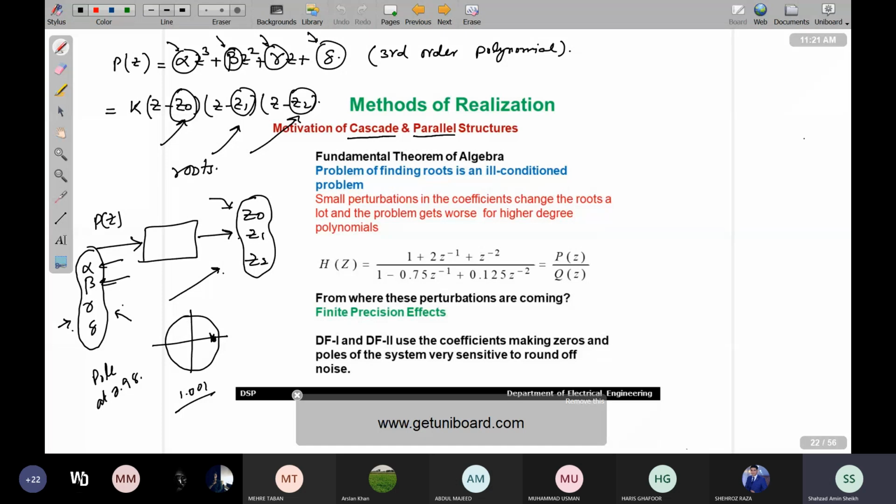So that's the motivation कि उधर मैं zeros और poles को implement करना चाहता हूं as compared to the coefficients जो कि मेरा यहाँ पे पड़ा हुआ है। I hope कि understanding में कुछ न कुछ इजाफा हुआ होगा।